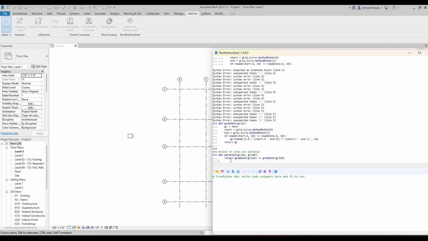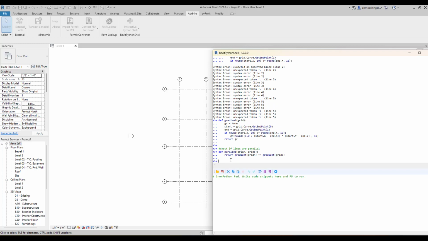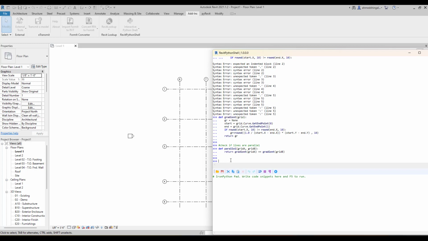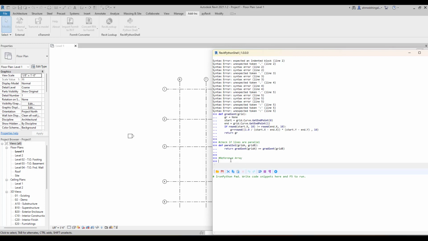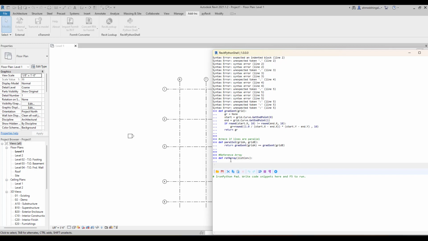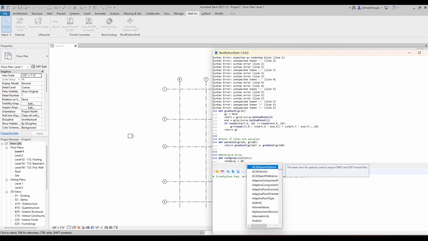So this is the parallel checking function, and then we would like to create a function for the reference array. How do we do that? We say define the reference array, and we say the list of curves, and we say reference array equals DB.ReferenceArray, where we have it there,